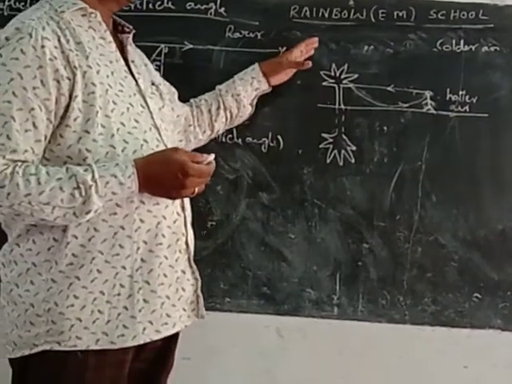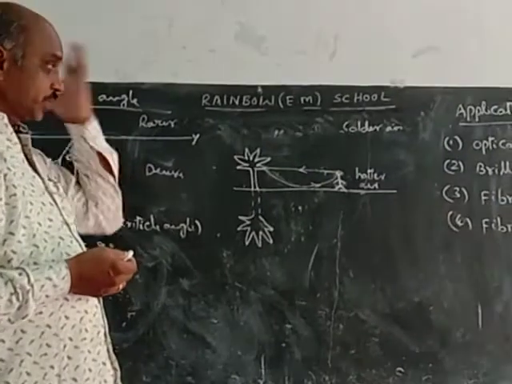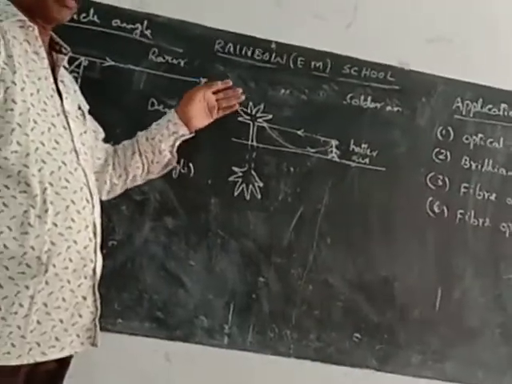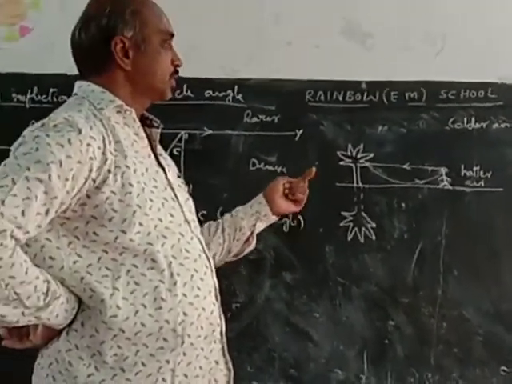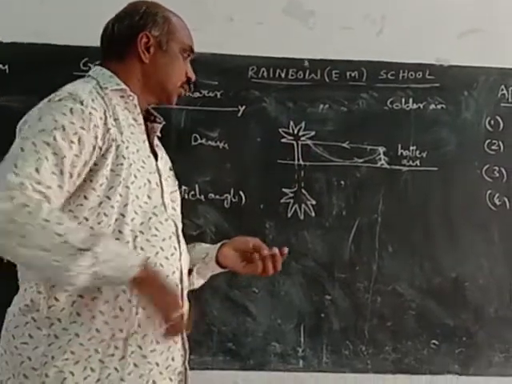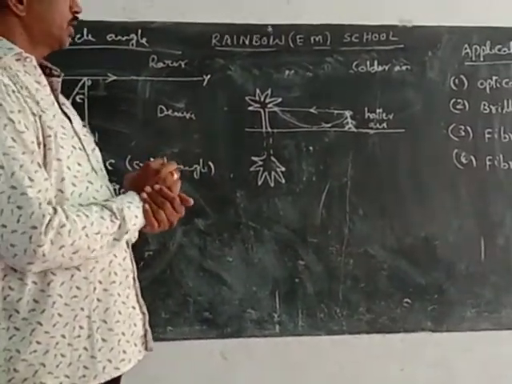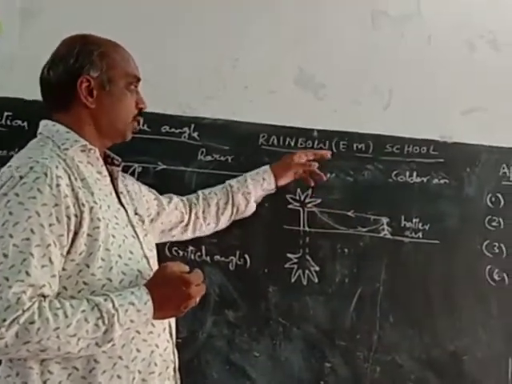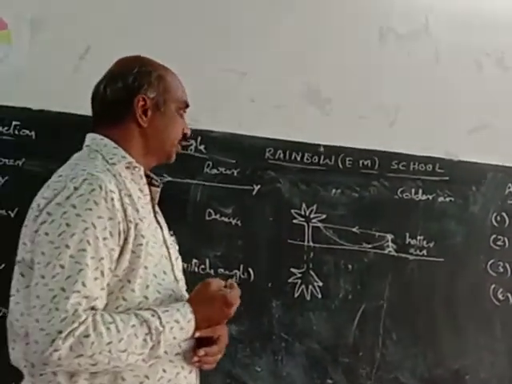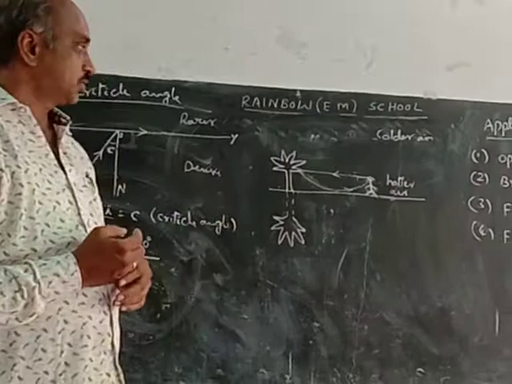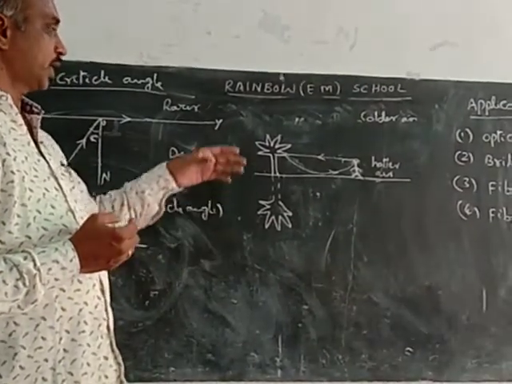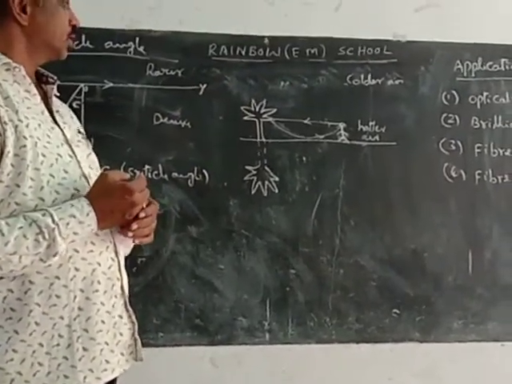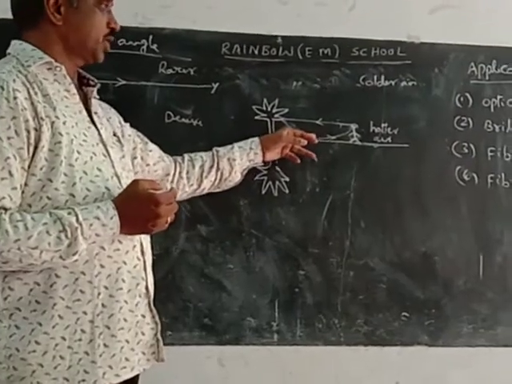Once again, optical illusion or mirage means sometimes on sunny days you see a water layer on the road moving, the image of a tree or any object. Why is it happening? The air near the road is very hot and the air at higher altitudes is colder. Hot air has less density and refractive index also less. Colder air at height has more density and refractive index also more. So the light ray coming from colder air to hot air bends because total internal reflection takes place.